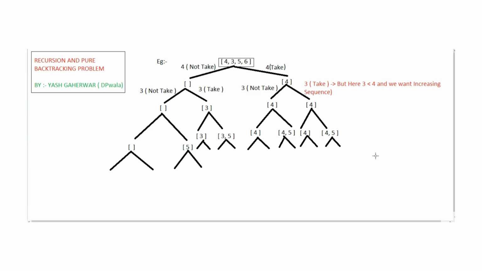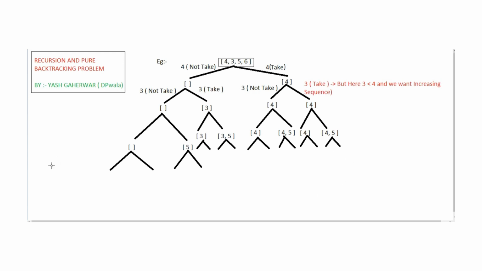Third case is that we need to handle the duplicate values. And the fourth and the most important case is that, to solve this problem, as we are using recursion and backtracking, the base condition should be checked. This must be the first point, but I have explained it earlier as well, that the base condition should be that whenever we reach the end of the nums array that they have given, at that time we simply check whether the subsequence has a length greater than or equal to 2. If it is, then we simply push that into our answer.